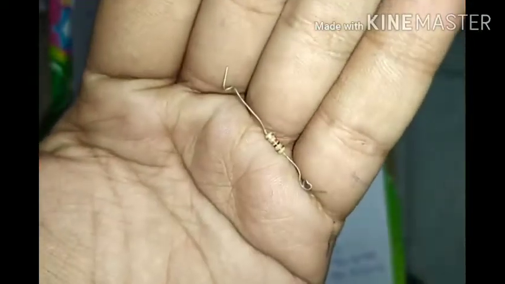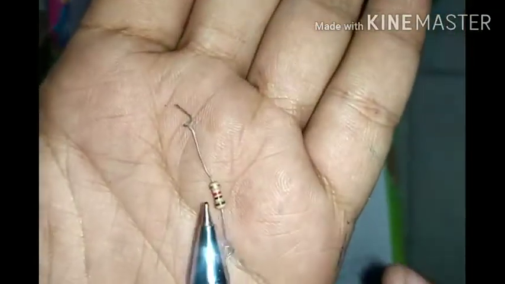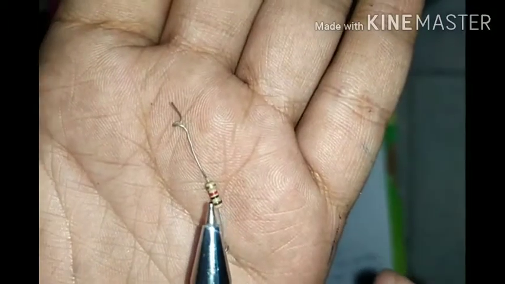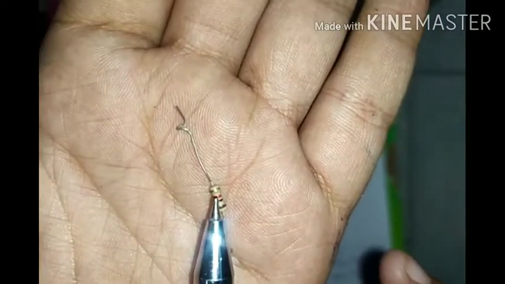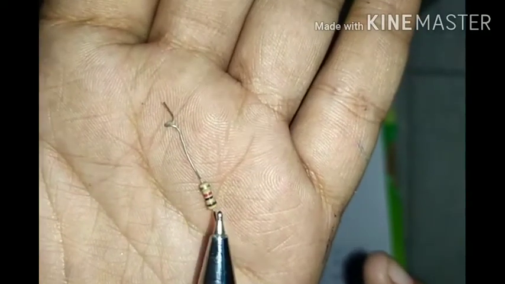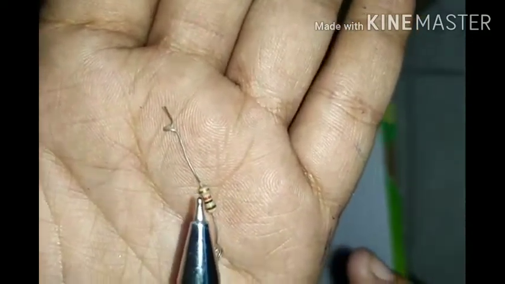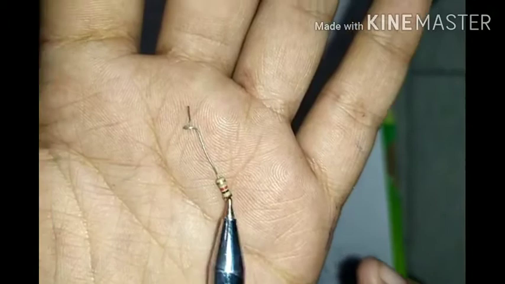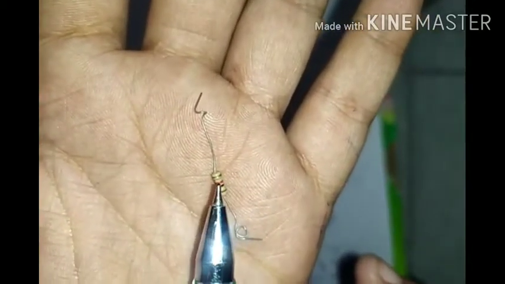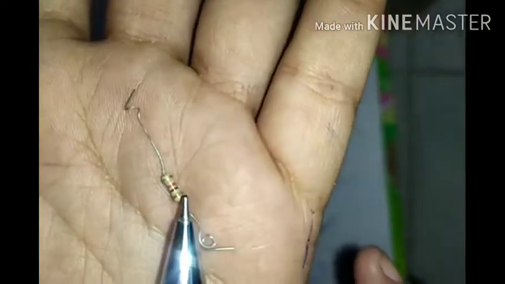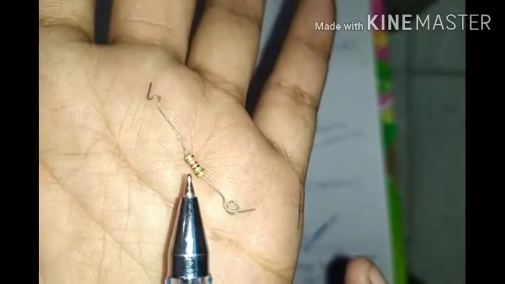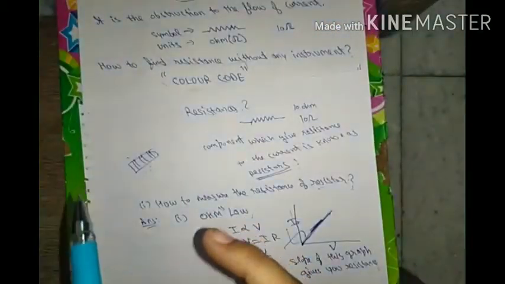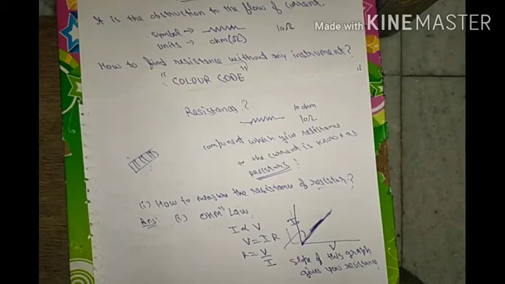So let us see this resistance, and you can see here this is brown color, then this is black color, and then this is red color. So these 3 are the main colors, and here you can also see a golden color, but this is also in the code but not important for now. Only these 3 colors are the main colors of the color band, that is brown, black, and then red. So clear, students? These types of color bands are formed on every resistance. I will show you another resistor with the color.